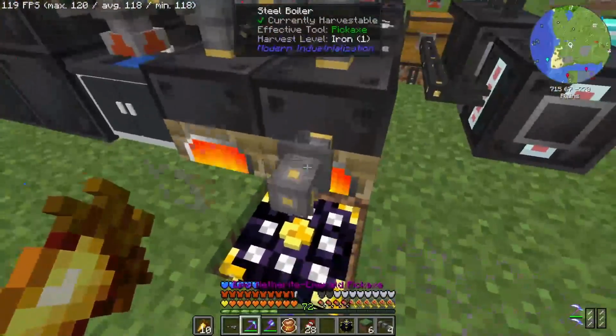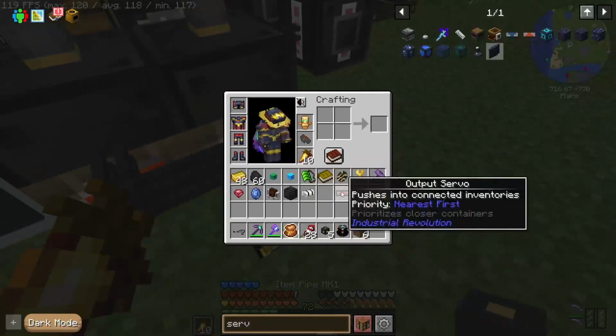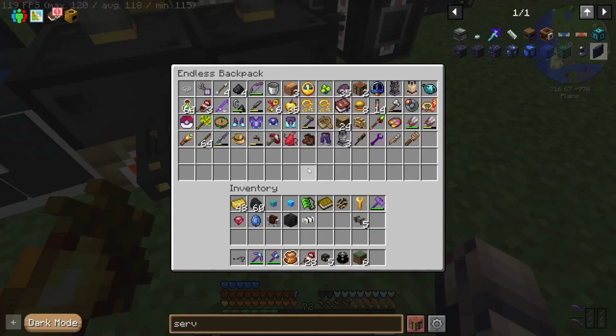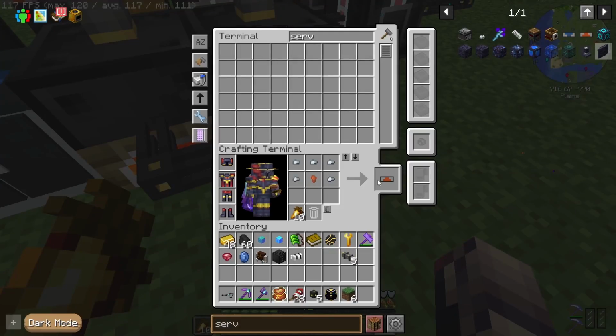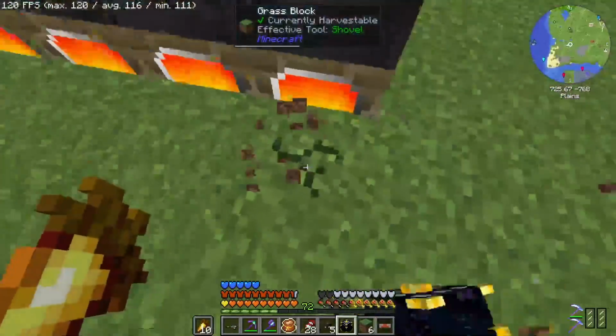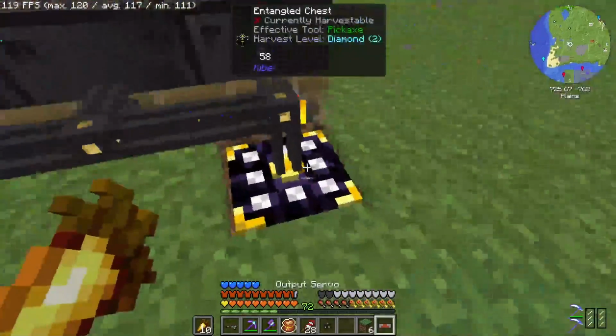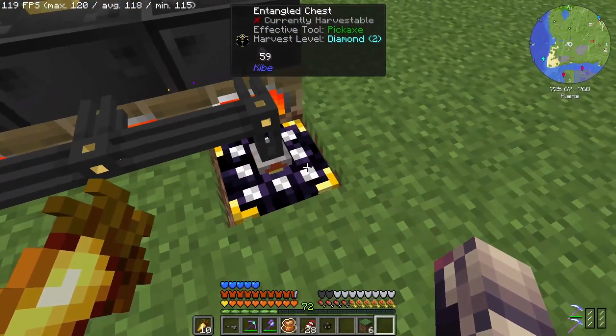So, not fluid pipes. Item pipe, and then a servo. We're going to need one more servo here. And this way we're just not running a whole lot of pipes all around the place. Okay. And this will only transfer...